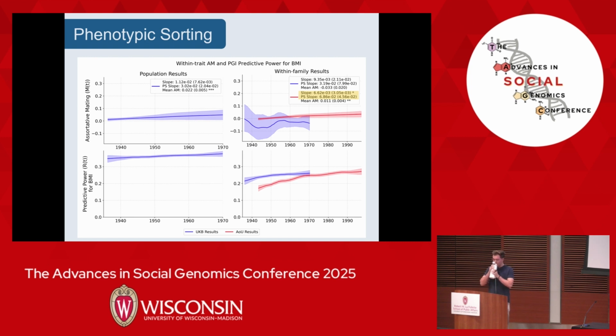Somebody did it first in the Framingham longitudinal study, looking at BMI correlations across birth cohorts. There was this observation that PGI power seems to rise. But in those cases, they had longitudinal data, so they were able to observe different birth cohorts at the same ages, to have a constant, like, this is BMI at age 40 for people born in 1940, 1950, 1960. Yeah. And you don't have that here, and I think that's really consequential, certainly for BMI,